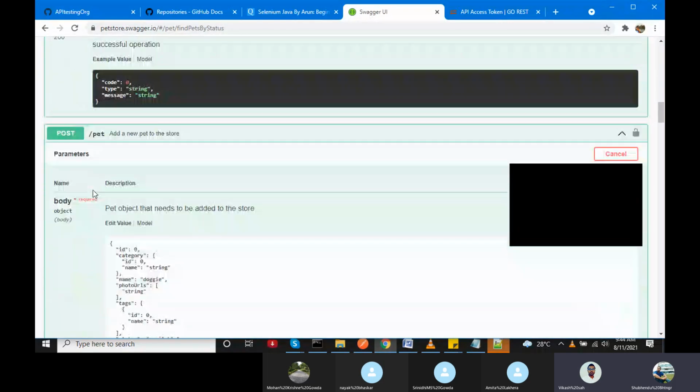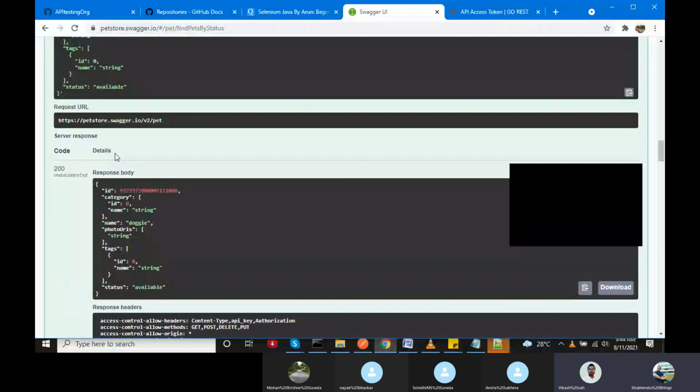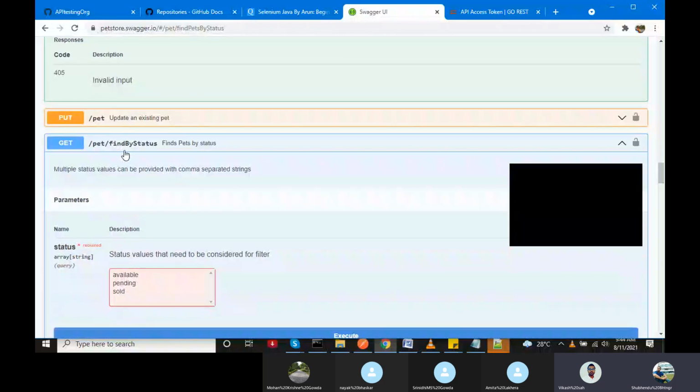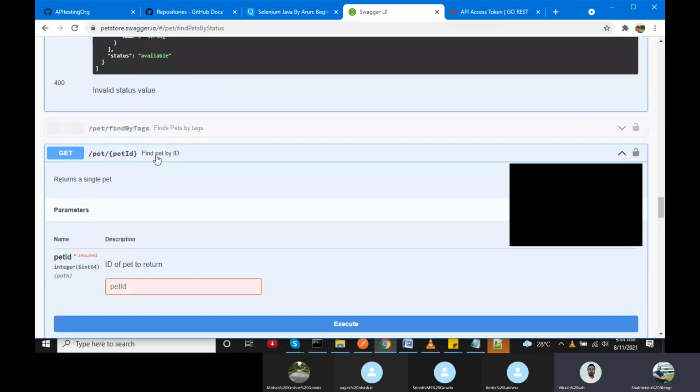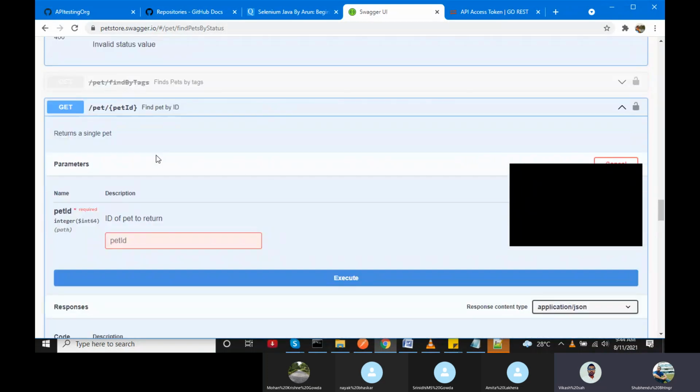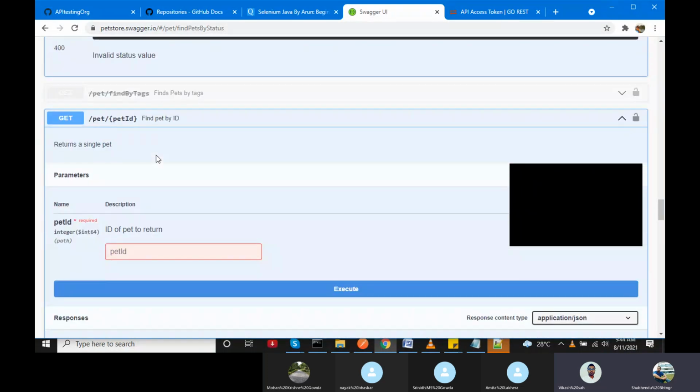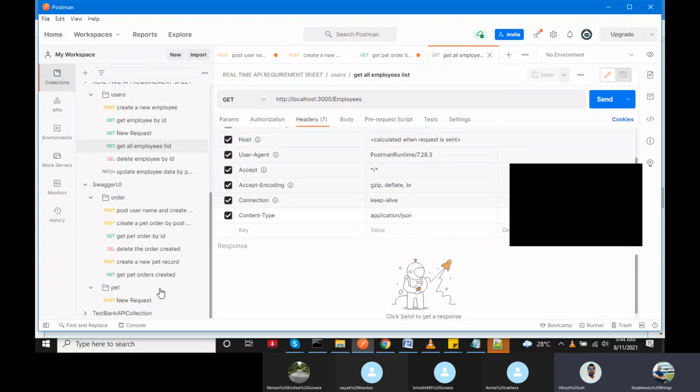In the GET request, I was getting this find by status only. So I think I can find all the pet records by using this URL, GET pet find by status. I was doing this only, but I was not getting the right response.